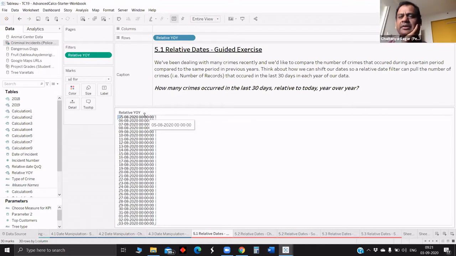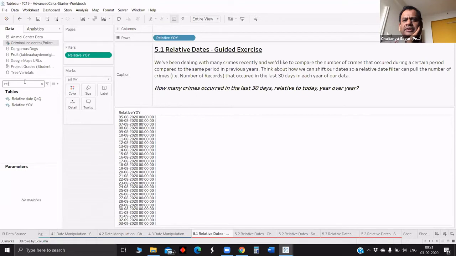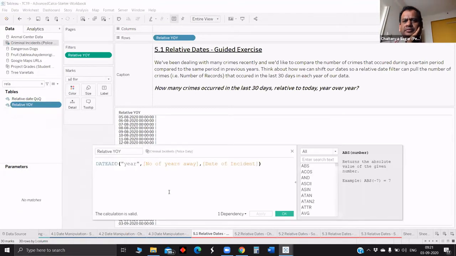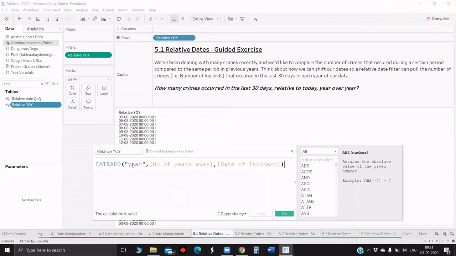Okay, can you please go to the calculation one more time? You can just go into the edit. So DATEADD year, number of years is the difference which the date of incident has from today, and the date of incident is from the data set.